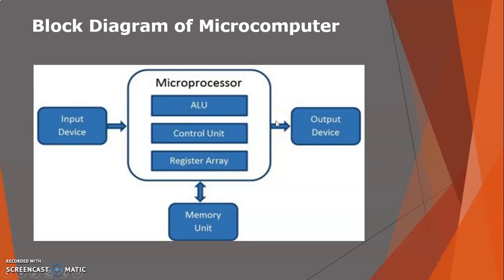But it's not only input and output, some operations are performed in your CPU or microprocessor. You are sending some information, which can be logical, then it provides some control that can be stored in some register array. For this we require a memory, that's why we require a memory unit, and after that we get some output. So that's why we require output devices.